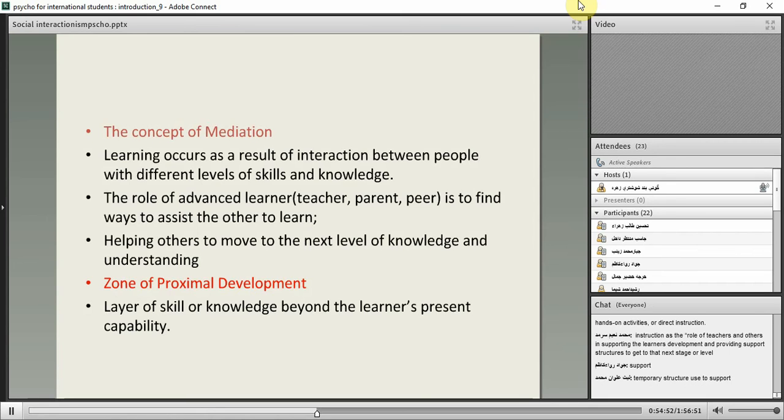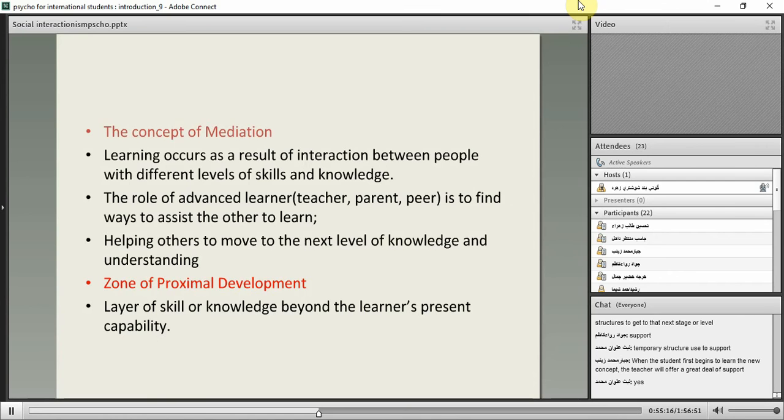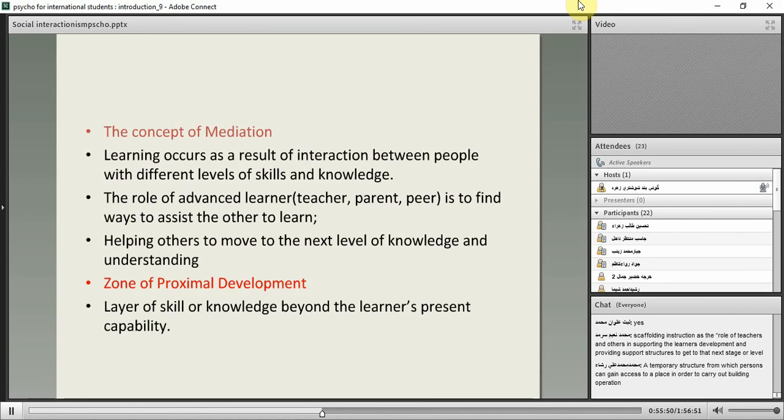A temporary structure used to support. Yes, scaffold means this, the literal meaning, as Mr. Lays Alwan Muhammad said. But that is for building construction; for building constructions we use a scaffolding. But when it comes to child development, in terms of their thinking development, and also in their learning and knowledge development, this scaffolding means to have a guided participation in the act of learning, to be able to do problem solving tasks. In one word, scaffolding means the guided support and help offered by the adults,